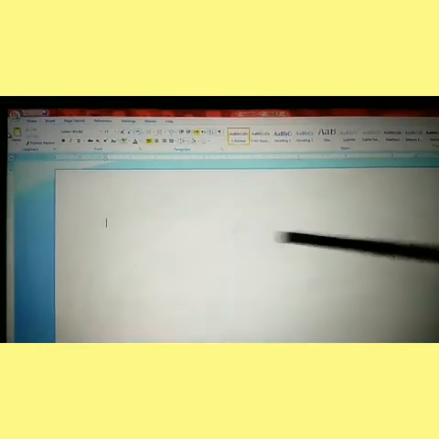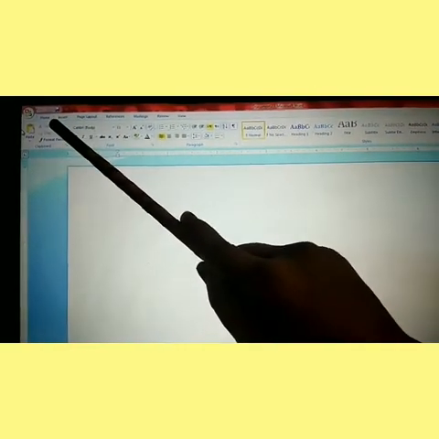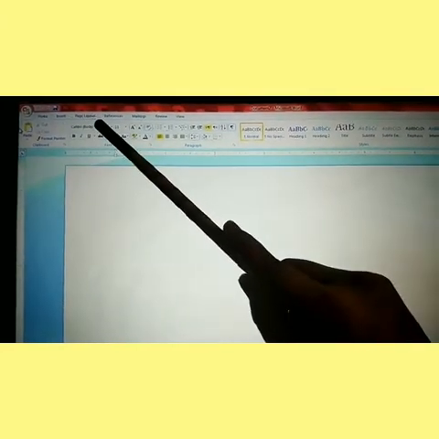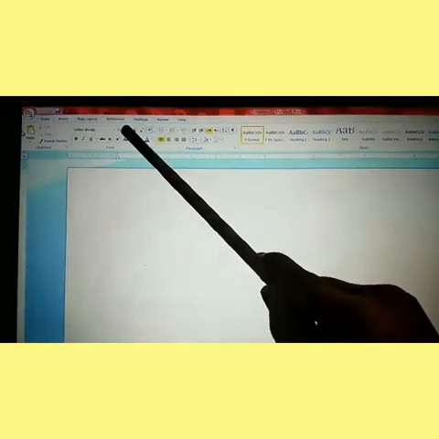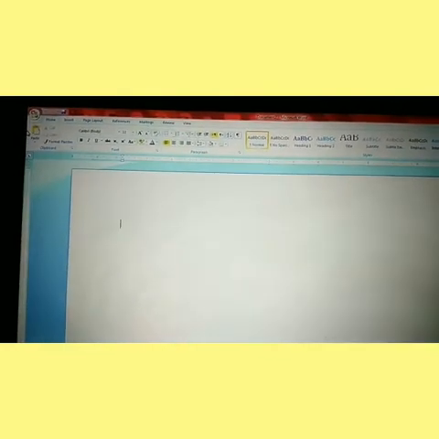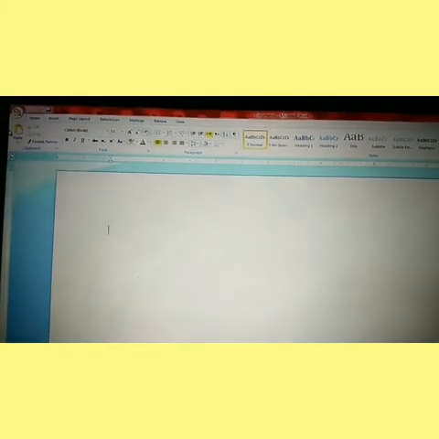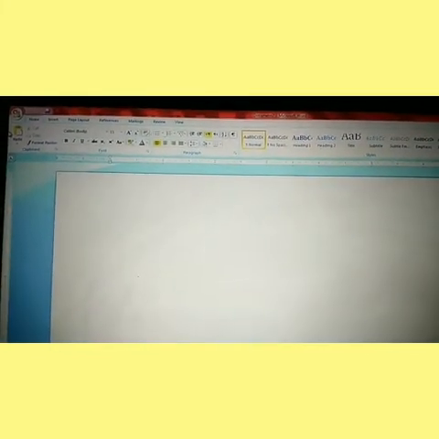Then next we can see many tabs: Home tab, Insert tab, Page Layout, References, Mailings, Review and View. All are tabs in the MS Word software.